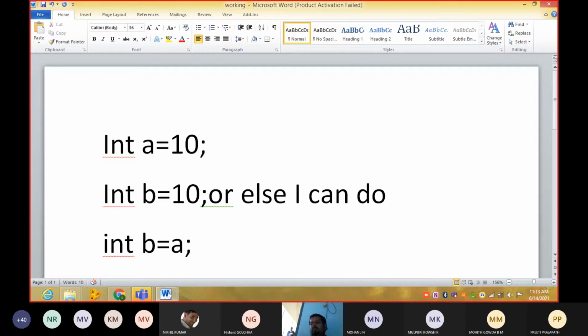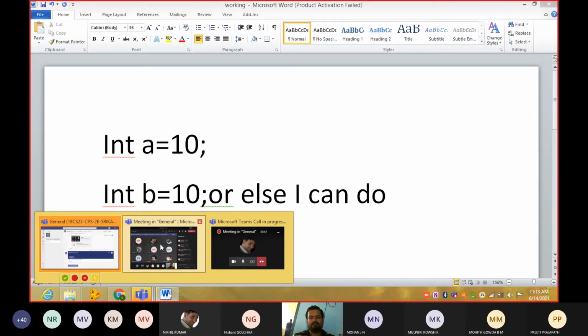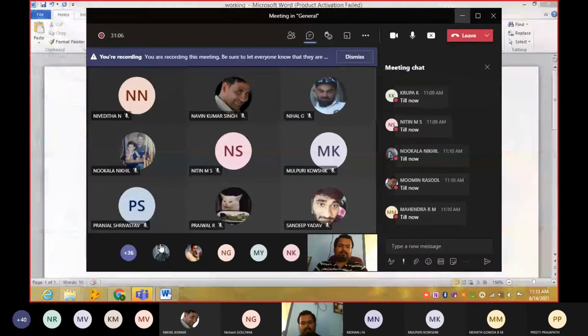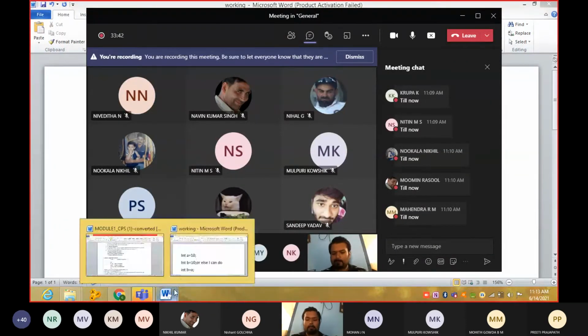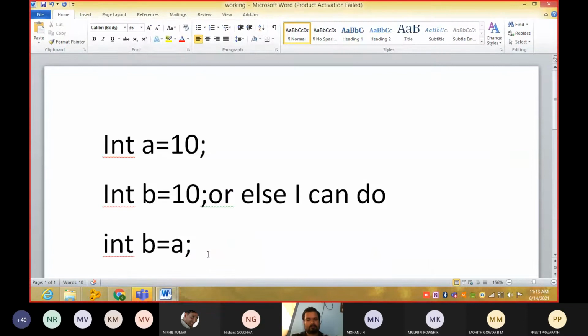What will be the value of b in the third line?